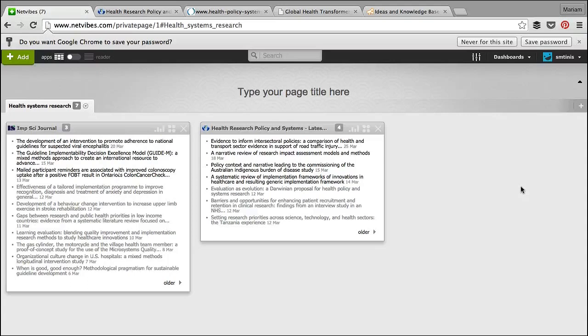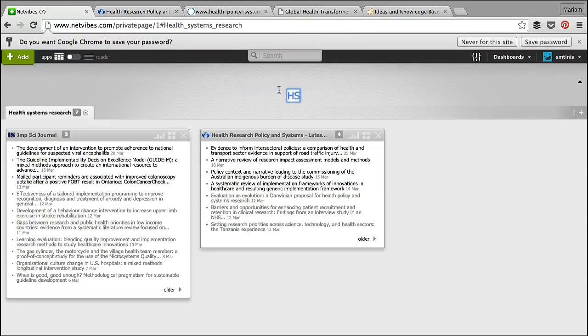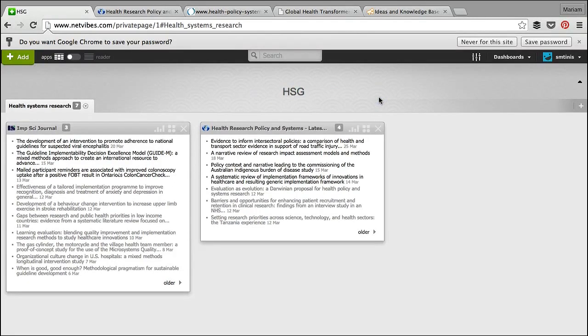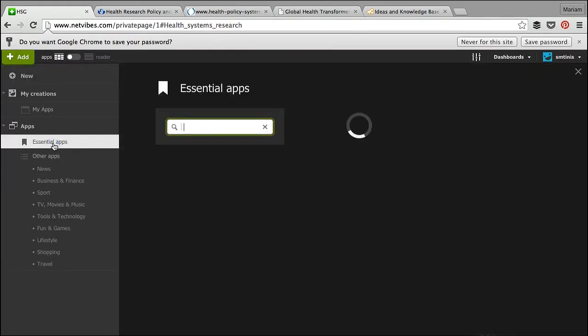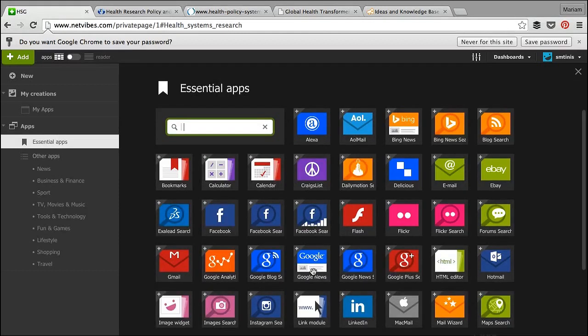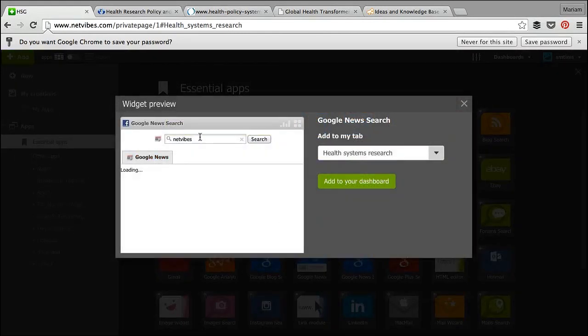There are also many kinds of searches you can integrate into Netvibes. You can set it up to receive your email, Twitter and Facebook feeds, even the weather. But the one I'm going to show you today is how to do a keyword search. So if you go again to Add, and then select Essential Apps, find the Google News search. Here you can enter a term such as Health Systems Research, which creates a relevant feed of news items that